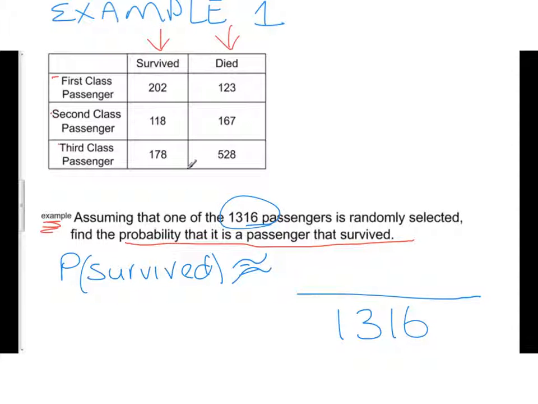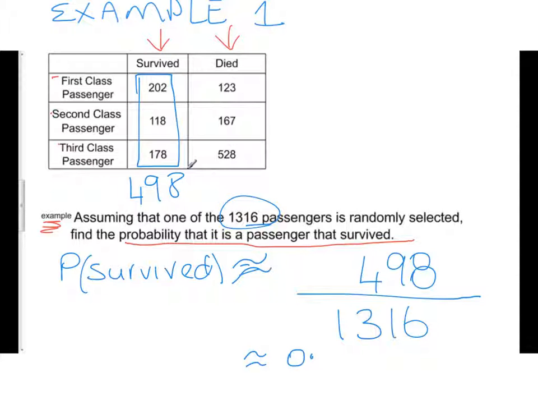What we need to do then is look at adding up these numbers here. And I haven't done that, so what is it? 498. So 498 people in this table are survivors. So we've got 498 divided by 1,316. So if we do that on our calculator, that's approximately equal to